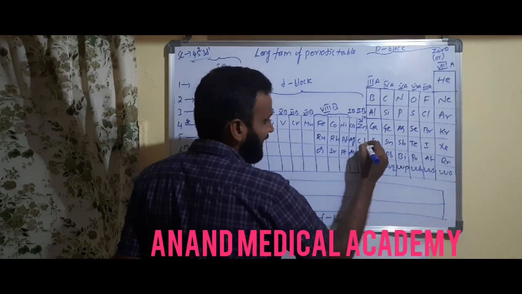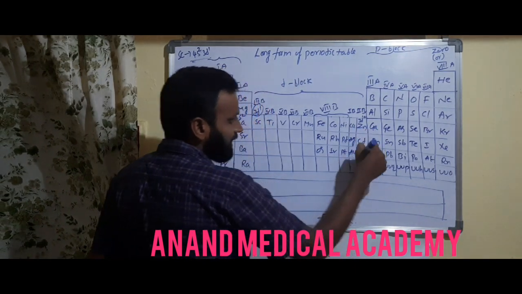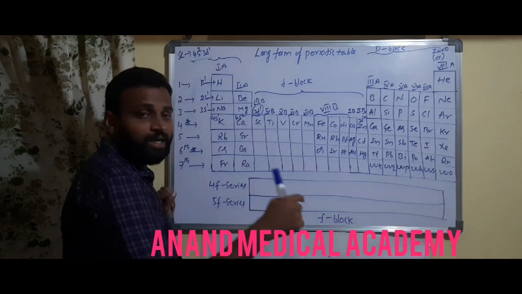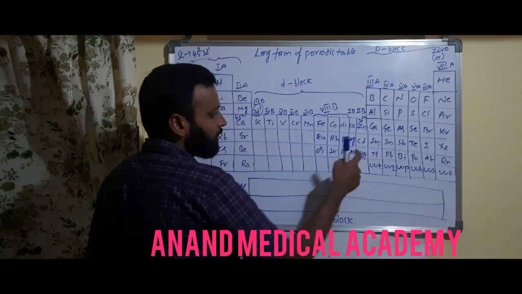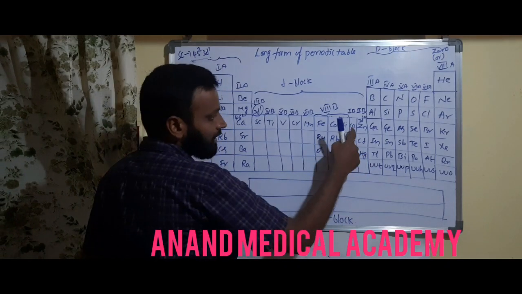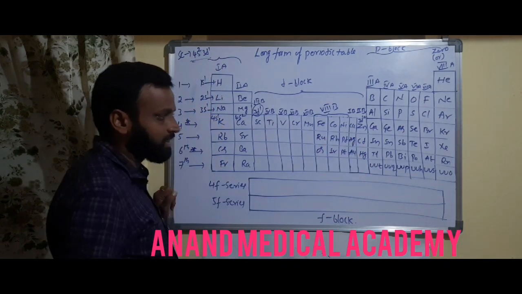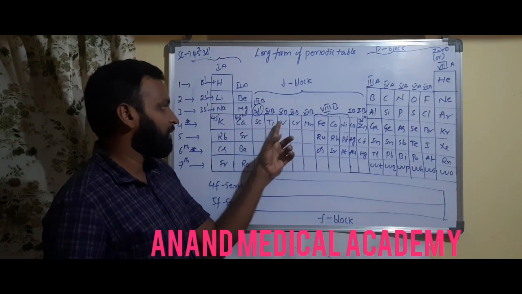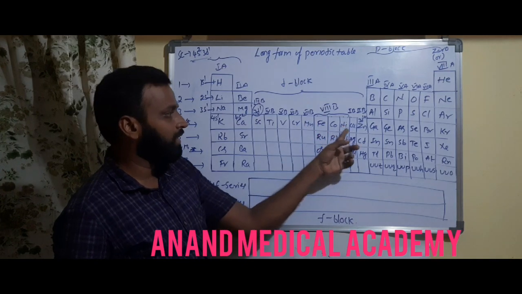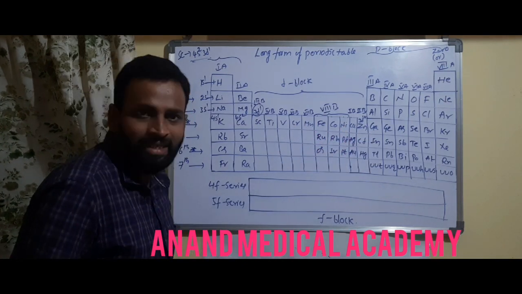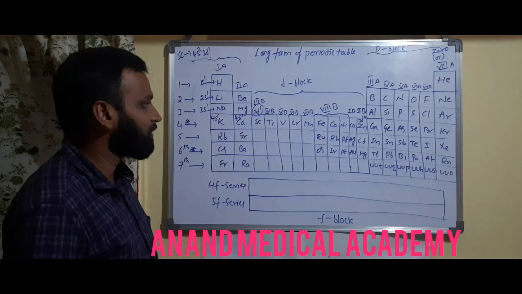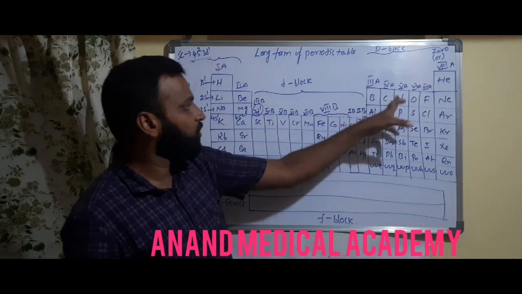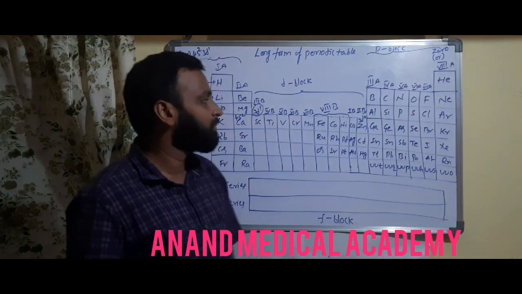Zinc, cadmium, mercury. These three elements were placed with alkaline earth metals, I told or not? Along with alkaline earth metals, zinc, cadmium, mercury were placed. Along with alkali metals, copper, silver, gold were placed. Like that I told you. Okay, so here you have scandium, titanium, vanadium, chromium, manganese, iron, cobalt, nickel, copper, zinc. Maximum of the elements completed or not? 90% completed elements. Here 1A group elements completed, 2B completed, 3B, 4B, 5B, 6B, 7B, 8B was completed.